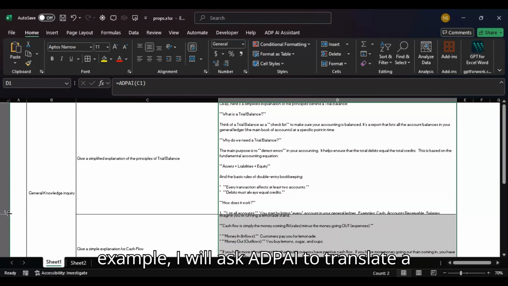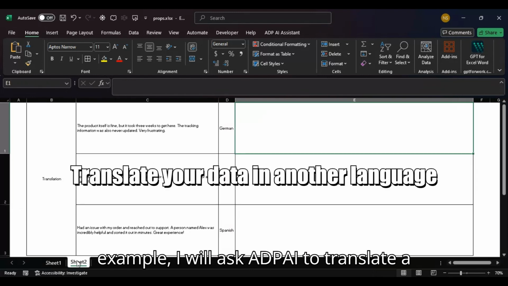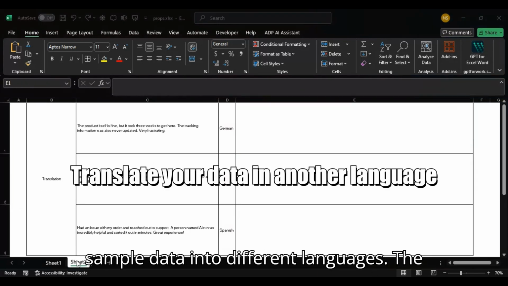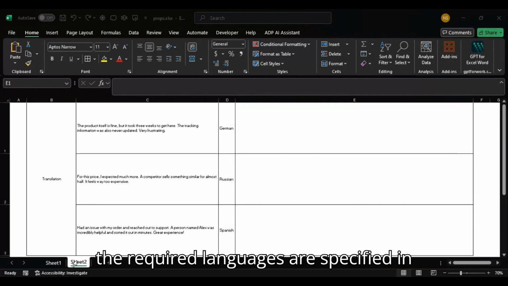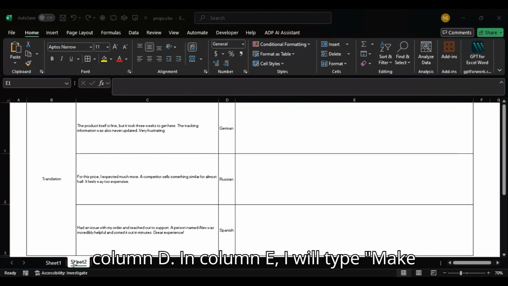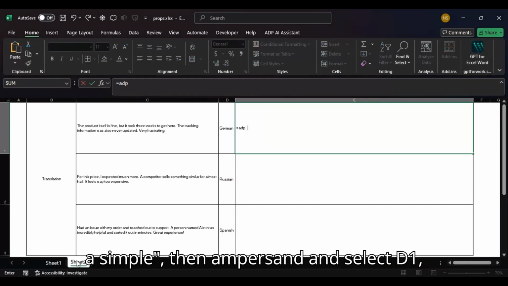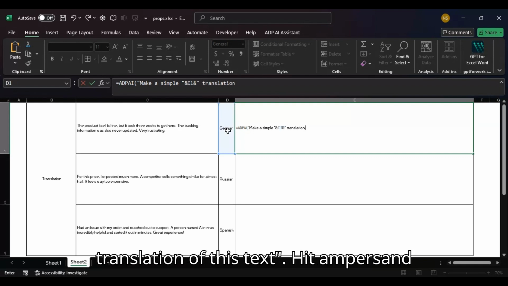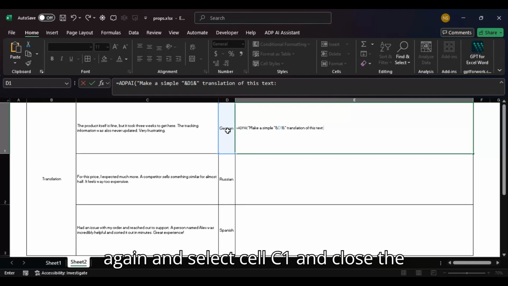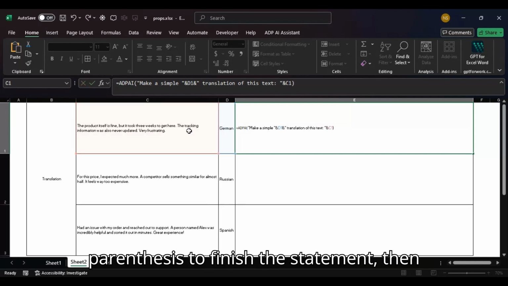In another example, I will ask ADP AI to translate a sample data into different languages. The sample text is written in column C, and the required languages are specified in column D. In column E, I will type "make a simple", then ampersand and select D1, ampersand to connect the next phrase, "translation of this text." Hit ampersand again and select cell C1 and close the parenthesis to finish the statement, then